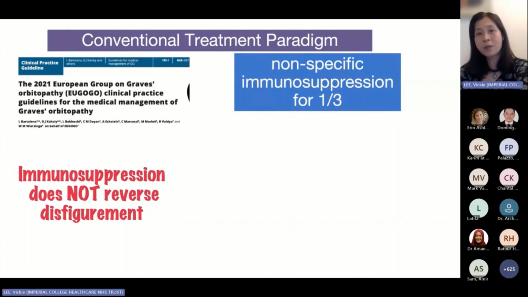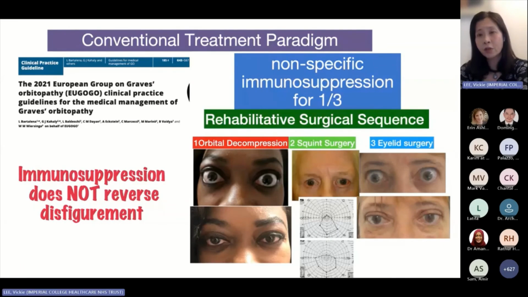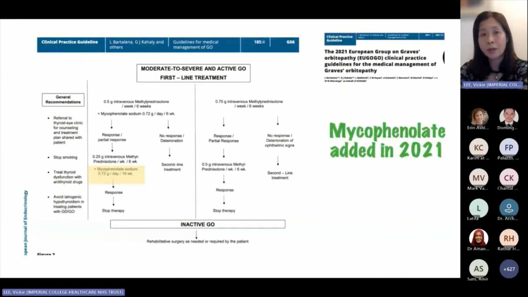So the conventional treatment paradigm has been described by EUGOGO. We're currently on the third iteration of the guidelines. And this is deemed that for steroid treatment, only about a third are suitable for immunosuppression. And it's important to remember it does not reverse the disfigurement caused by the disease. Disfigurement is only addressed much further down the line with a rehabilitative surgical sequence, often many years later when the thyroid and eye disease are quiescent, and can take the form of orbital decompression, followed by extraocular muscle surgery for intractable double vision, followed by eyelid surgery